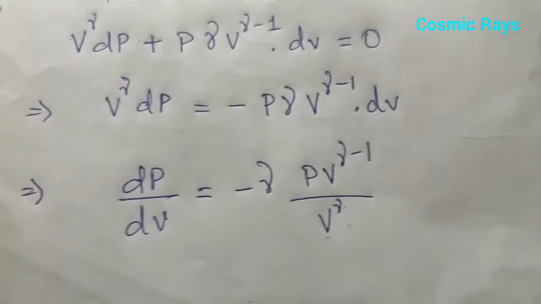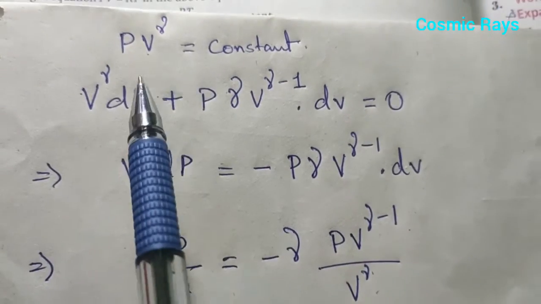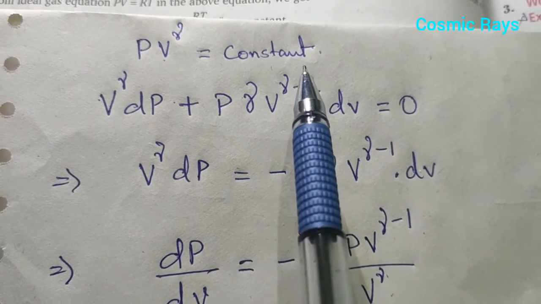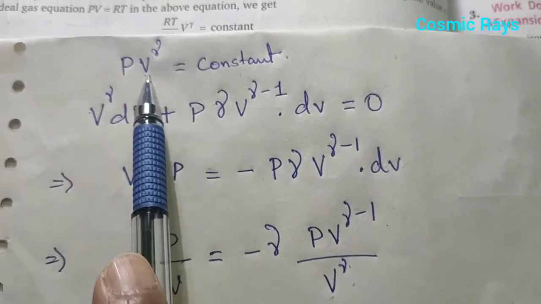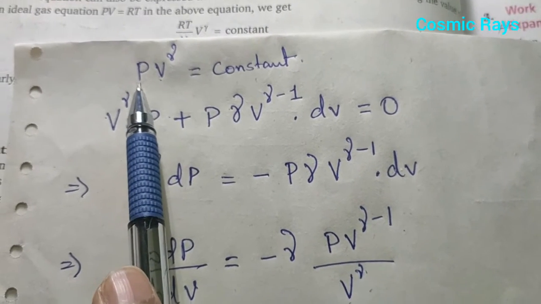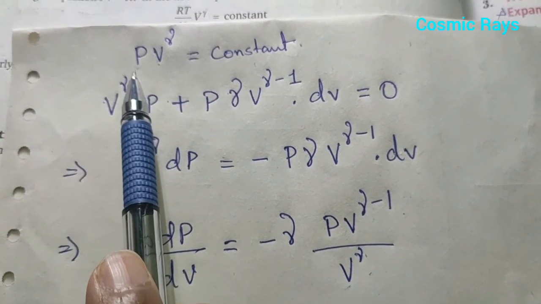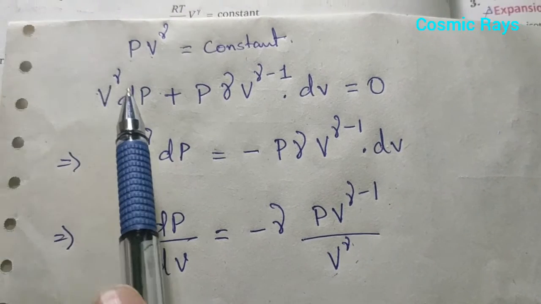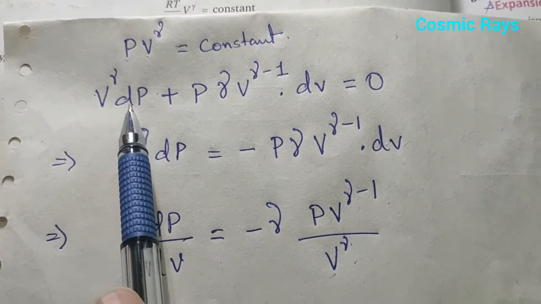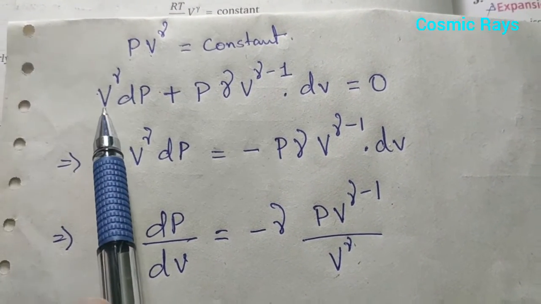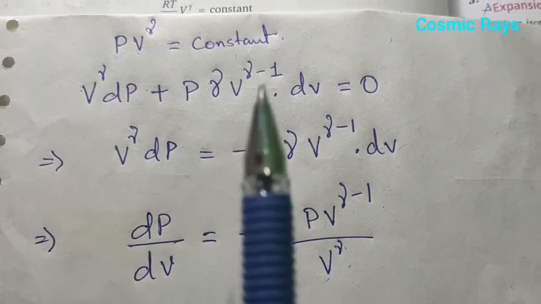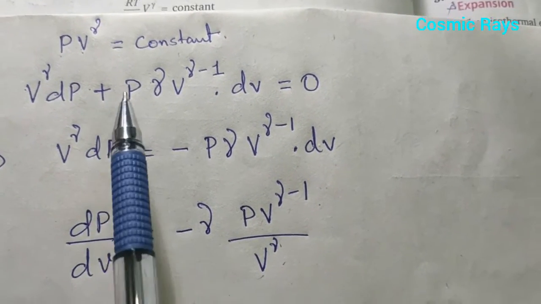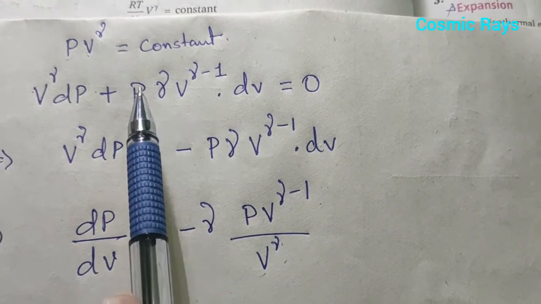So our main equation is PV to the power gamma is equal to constant. So we assume this to be the first function and this to be the second function. So product rule says first function, differentiation of second function. Here we are using partial differentiation. So we write V to the power gamma, differentiation of P, or del P. We call it del P, plus second function and differentiation of